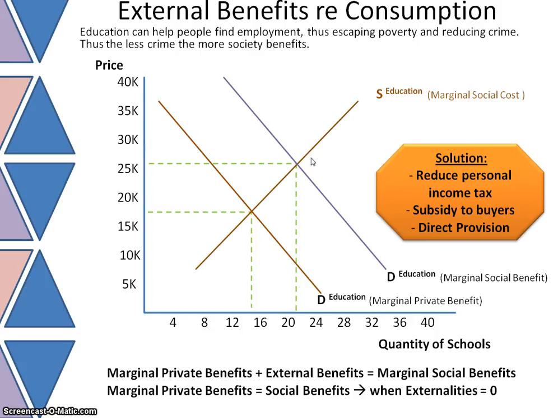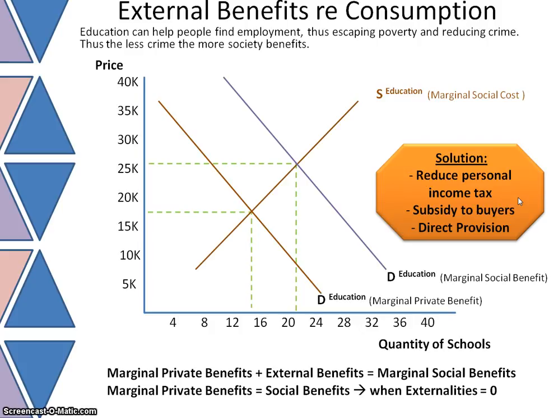Now, we realize that if demand is to exist on this demand curve, the purple demand curve, the price of education would be approximately 25,000. It therefore means that it is more expensive. The only way we can get individuals to consume education that may be more expensive is if their disposable income raises. This can occur if the state was to reduce personal income tax. With a reduction in personal income tax, it can encourage individuals to demand more school education simply because they have the income to do so.